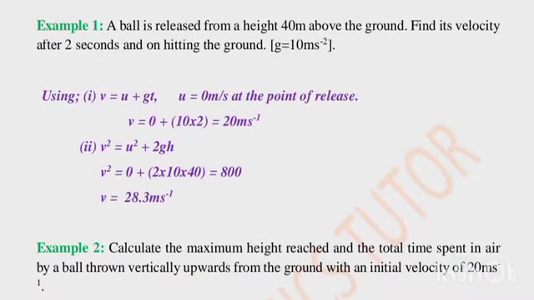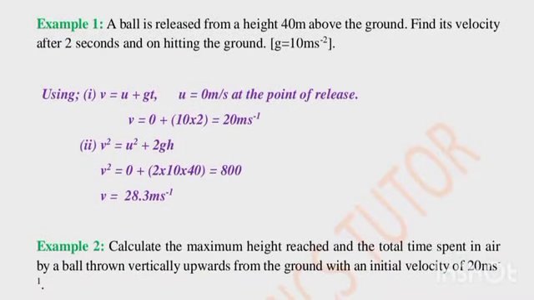Our first example is a ball is released from a height of 40 meters above the ground. We have to find its velocity after 2 seconds and its velocity on hitting the ground. So we have two velocities in this case. Now the first one we have to calculate is velocity after 2 seconds that the ball has been released from